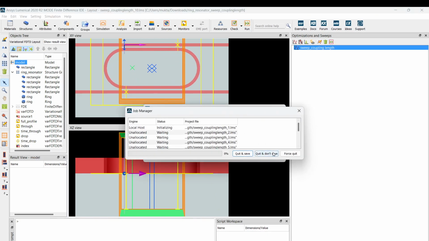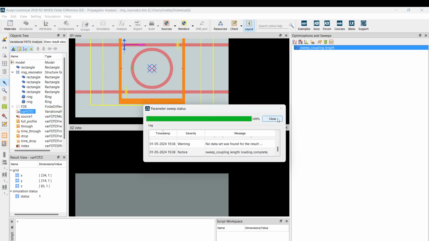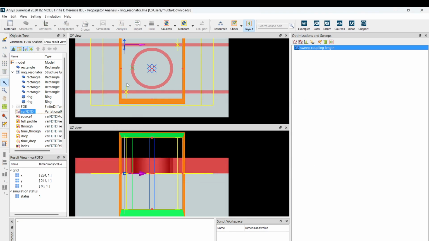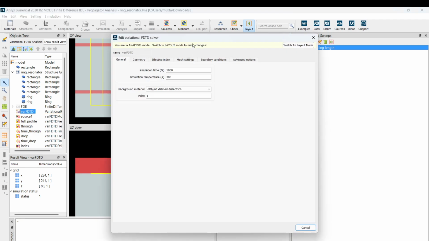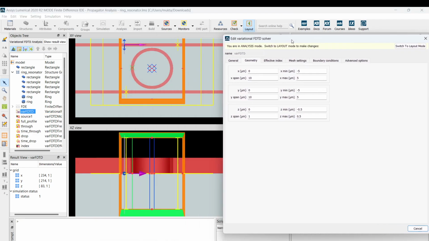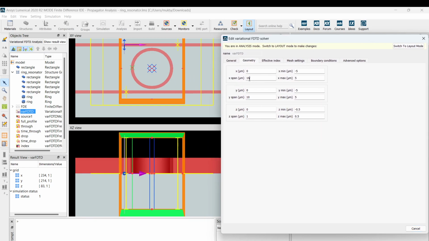As you can see, the problem here is the simulation region is smaller than required. So we need to increase the expand for the simulation region. Let me make it 15.